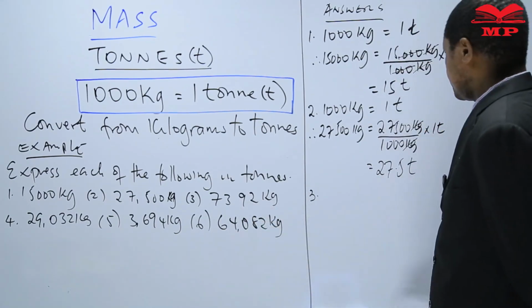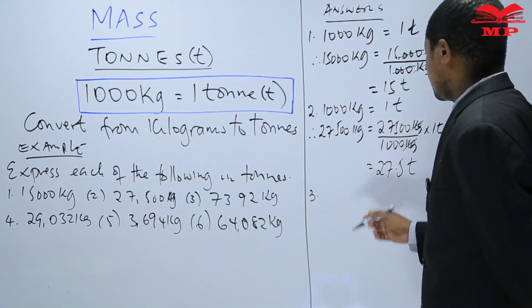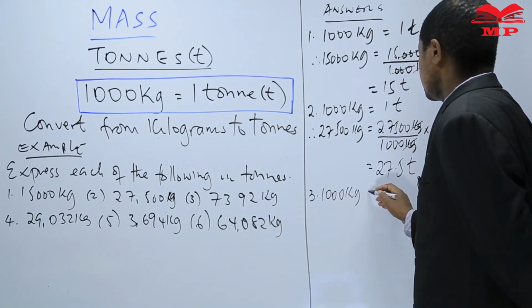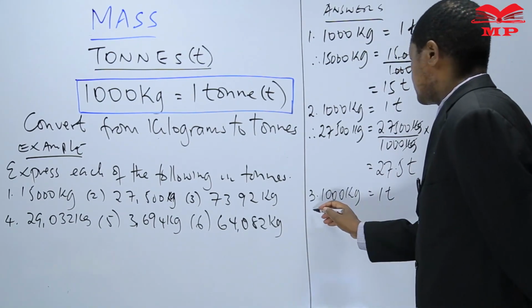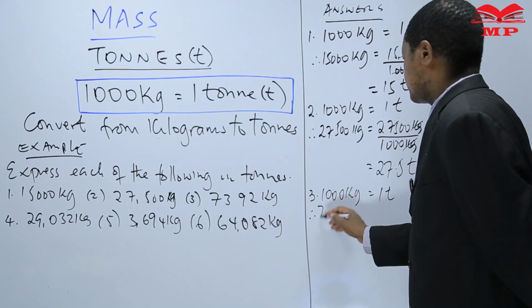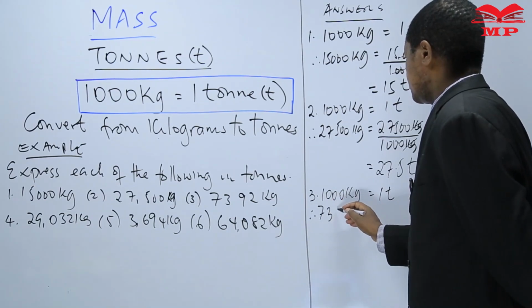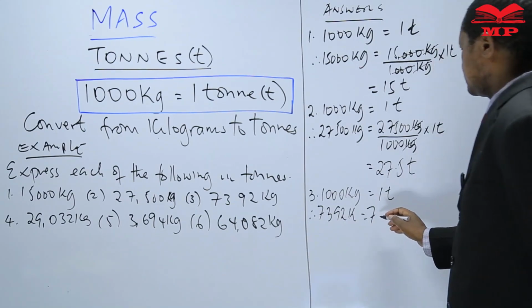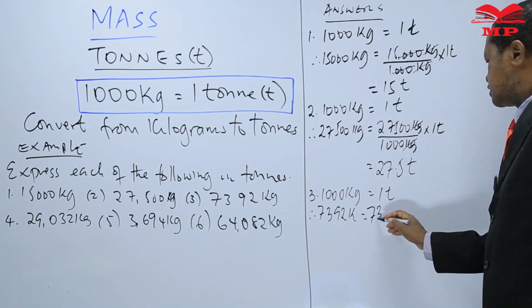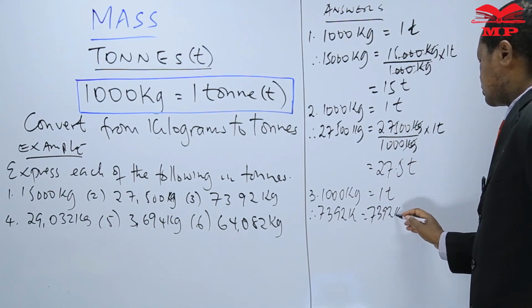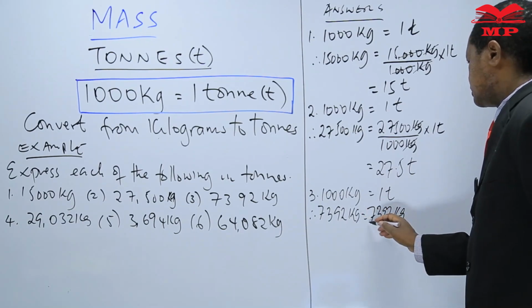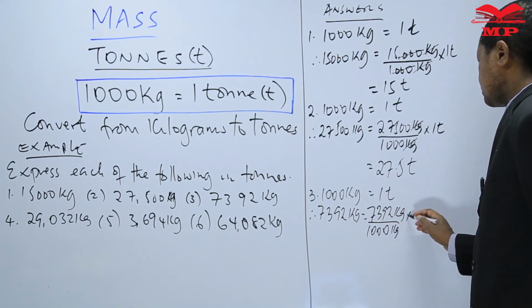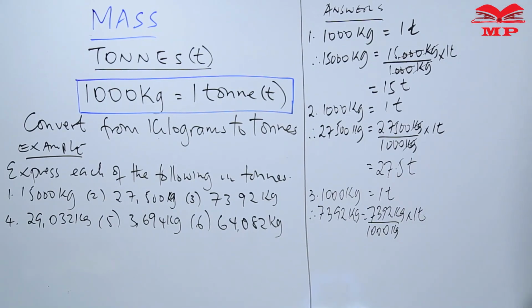7,392 kilograms. We need to convert into tons. 1,000 kilograms equal to 1 ton. Therefore, 7,392 kilograms will be equal to 7,392 kilograms divided by 1,000 kilograms times 1 ton. So we have